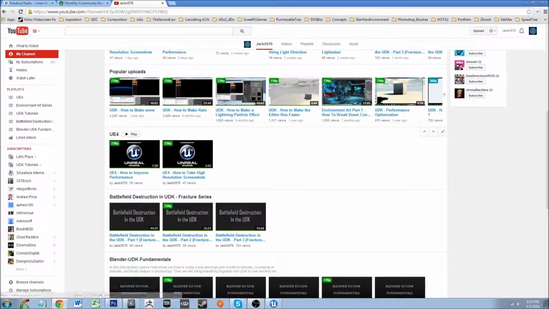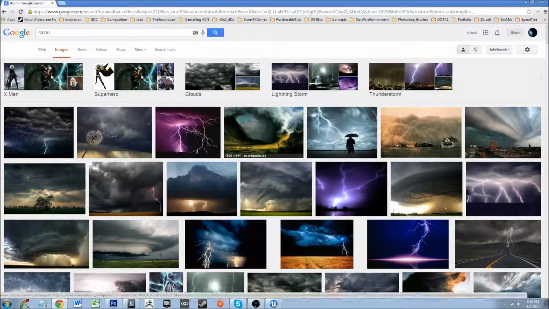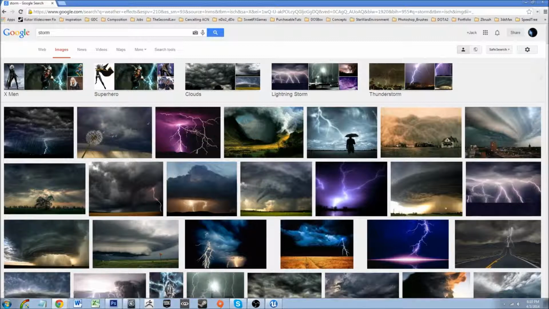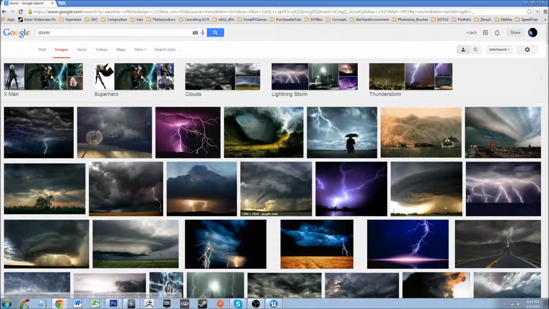It seems to me like you guys really like weather and natural particle effects, stuff to enhance your environment that you guys already have.